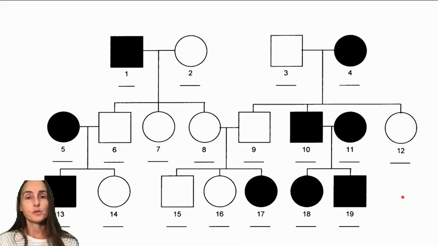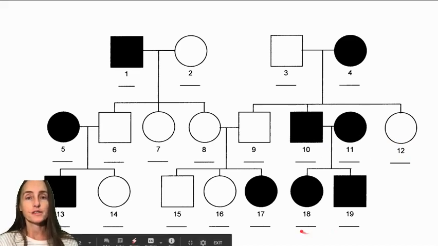Okay, do some practice problems that I have for you and see how you do. Let me know if you need any help. There will be some that are dominant, some that are recessive, some that are sex-linked. See how